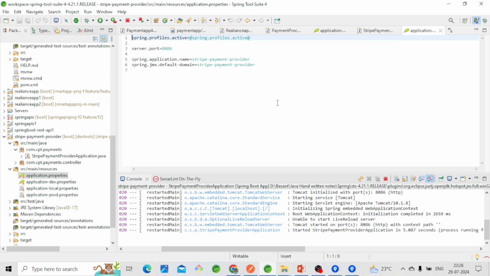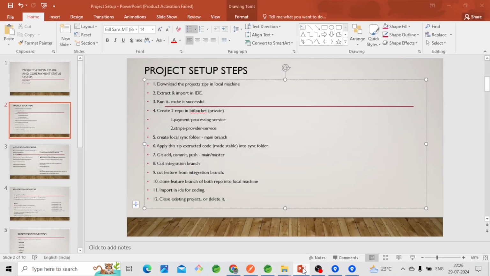So both the folders we added and we checked both are working. So the project setup is completed. Then we will